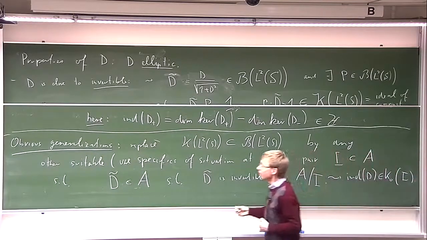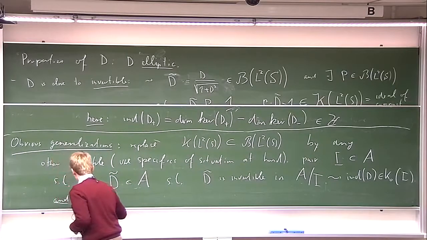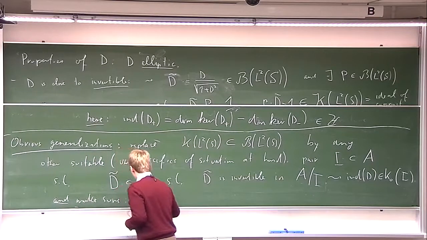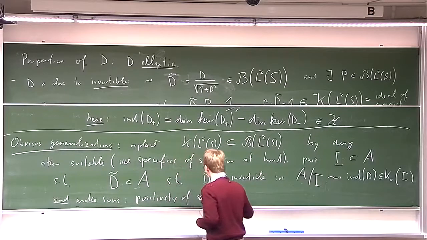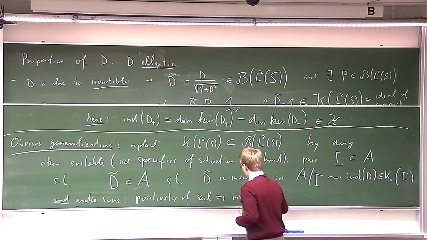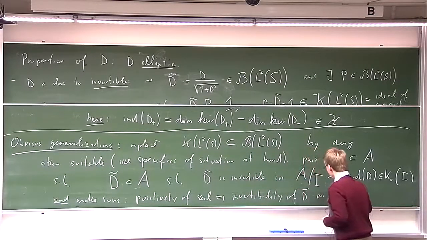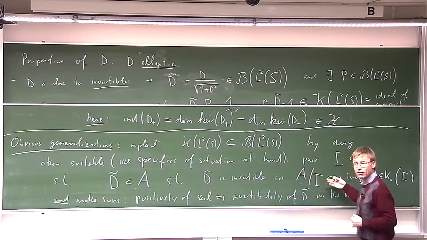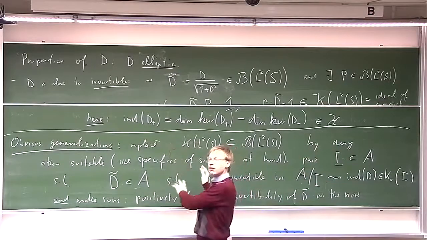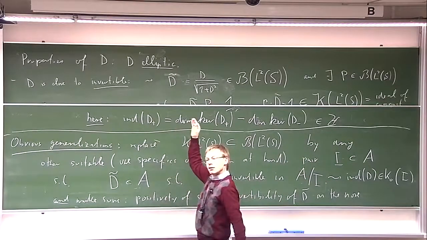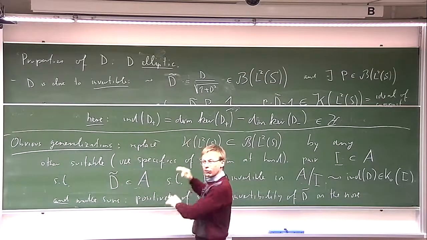Okay? And in addition, we expect and hope, and we make sure that positivity of the scalar curvature implies invertibility of D tilde on the nose. So we get the vanishing result of this index, and then we should also work a little bit in the direction of Atiyah-Singer to get some formulas to compute the index. You see, you have a very general machine. You just have to fill it with life.